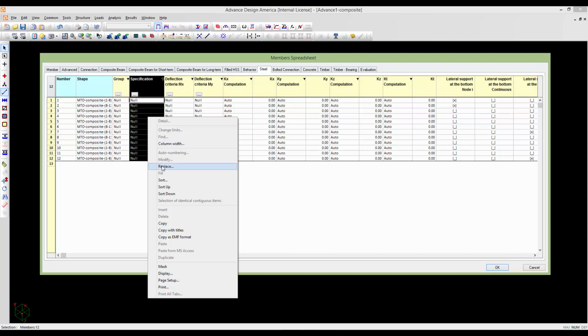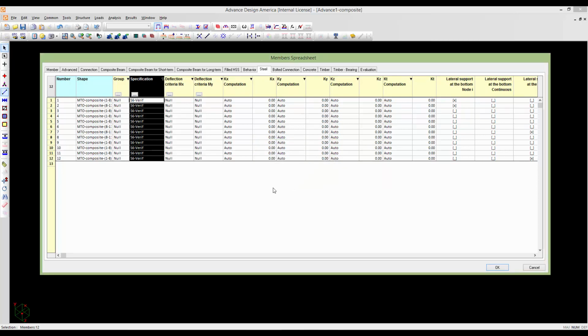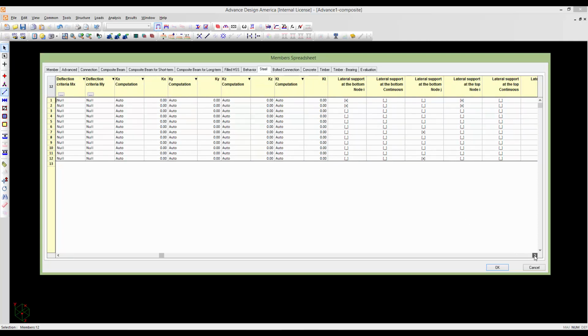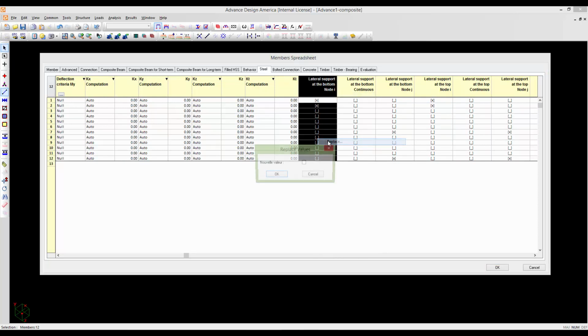So replace it with S6 verification. Okay. And also we will activate the lateral support for these members